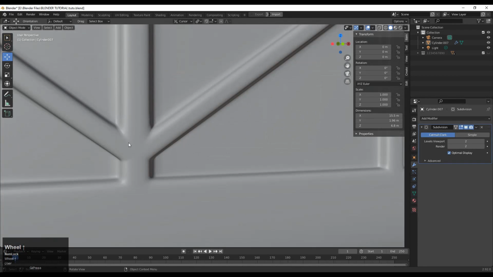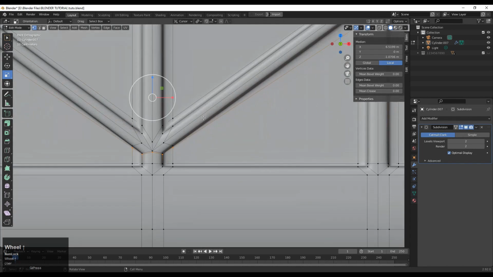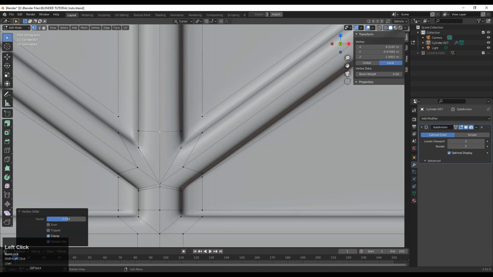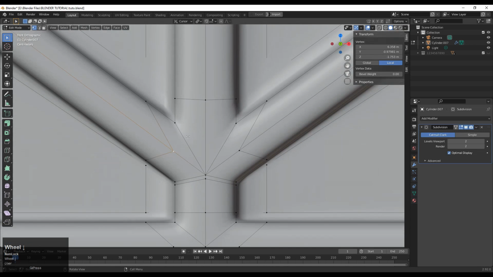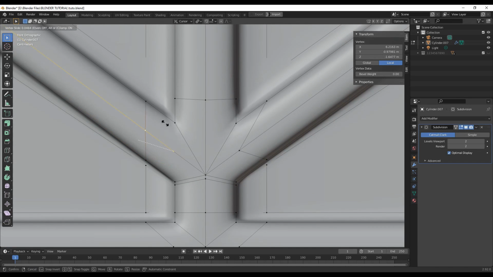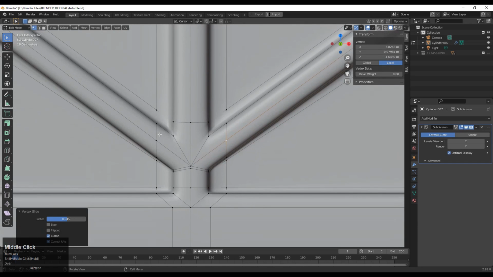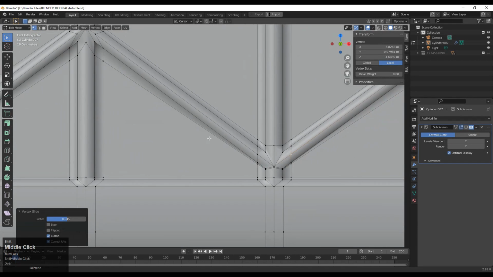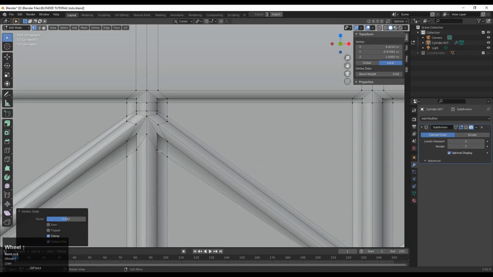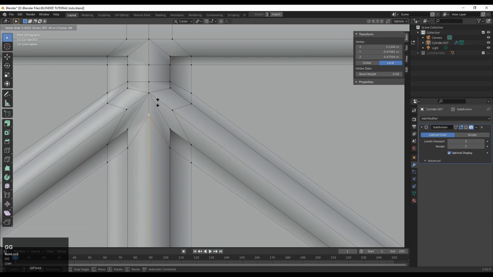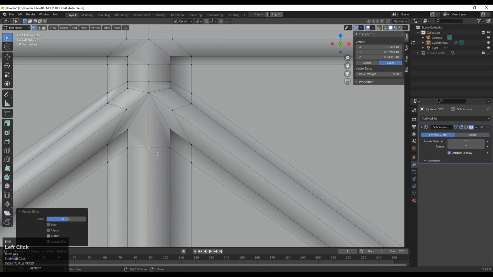And now you can see here all the points come together, meaning all the edges come to a single point. So that's why we need to edge slide these edges a little bit. So just select these edges, double tap G and slide those edges a little bit away from each other. So we won't get that weird result. It's like all the edges come together and create a little bit of clingy effect there. So that's why you can use the edge slide and just slide those edges a little bit away from that particular center point.